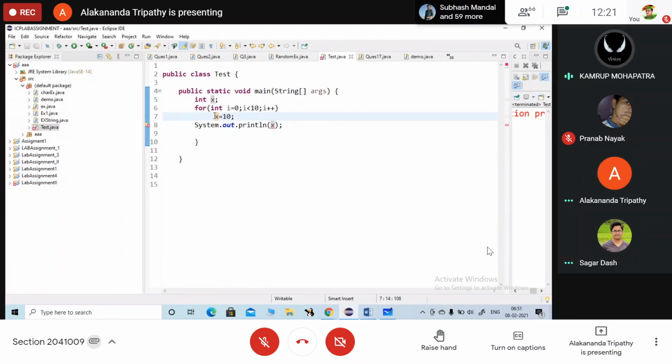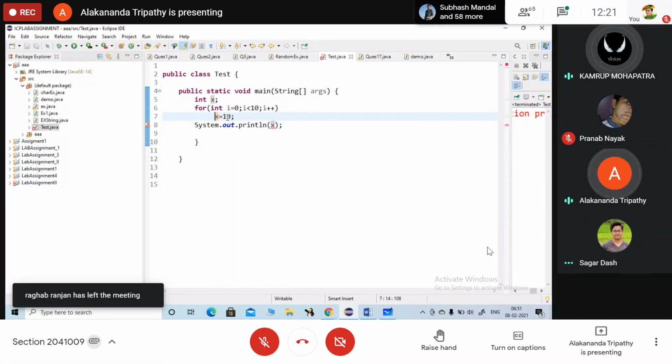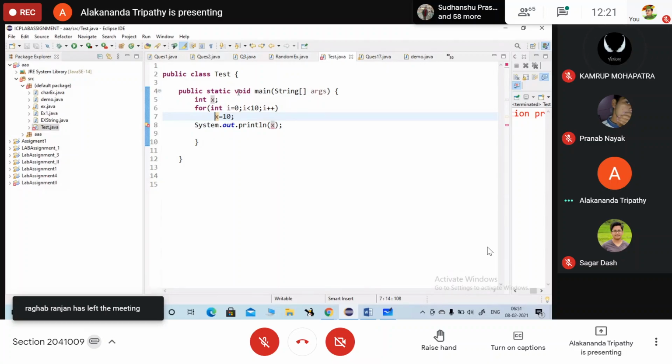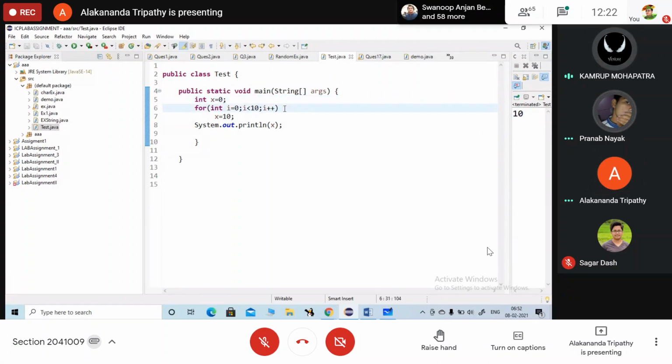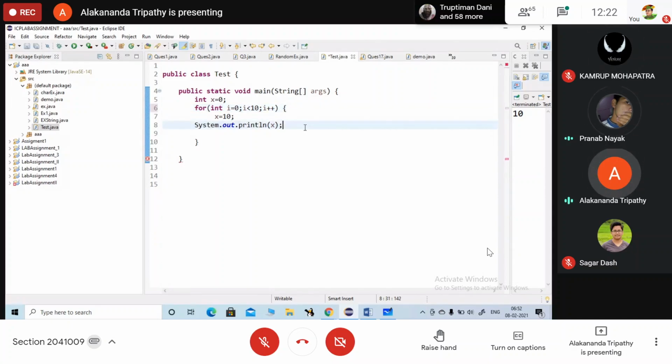Once. Ma'am, but it will not show 10 times; it will initialize x with 10. How do we resolve it? Here, if I write x equals to 0, then it will show us output. How much did it show? Ma'am, I didn't get the point. I am just explaining it. All of you check it carefully.